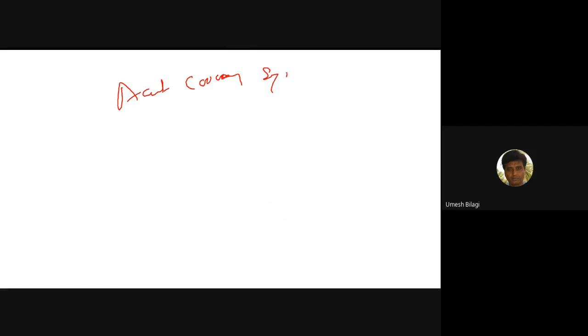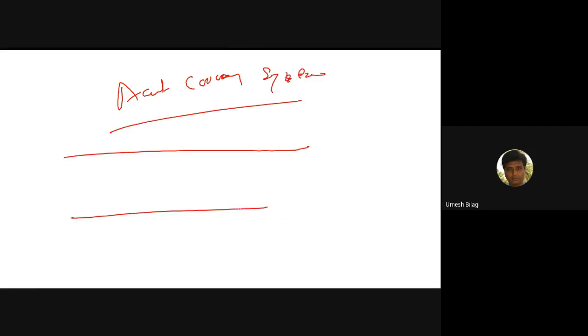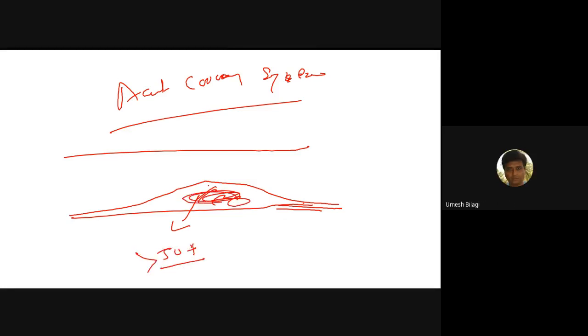Coronary syndromes. Here, this is the vessel wall. Here, there is atherosclerotic plaque, usually more than 50% obstructing. Atherosclerotic plaque happens over a span of many years. It doesn't happen suddenly. What happens in more than or less than 50%? It could be more often. It will be more than 50% block.